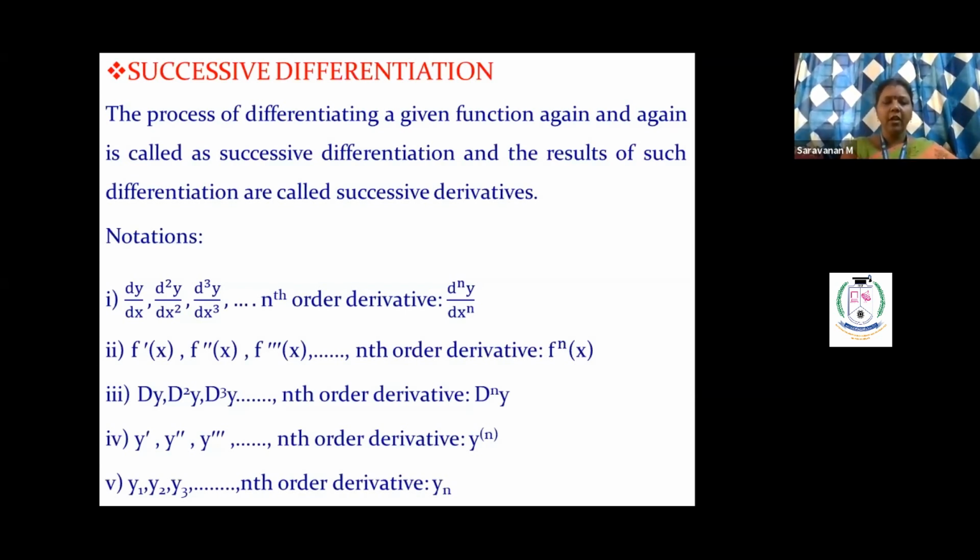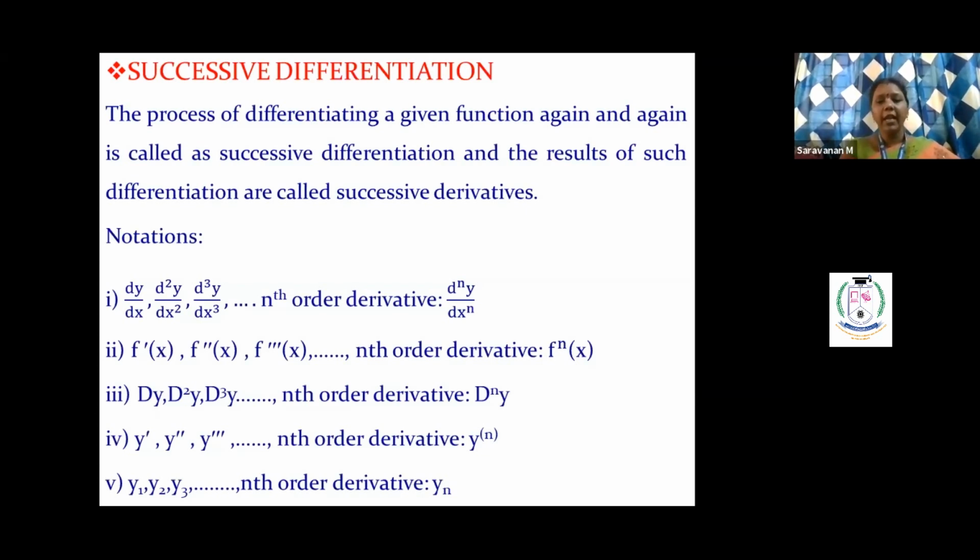What is point 2? It is denoted as f dash of x. It is the derivative of the function. Okay, if the function f of x is given, and we have to find the derivative, we can write it as f dash of x. And if we are finding the derivative again, that is, the second time we are finding it, that becomes f double dash of x. And the third time, it is f triple dash of x.